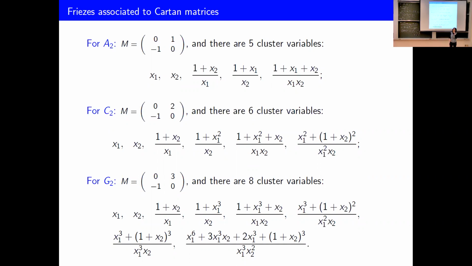Now, the issue is with coefficients. You allow all sorts of coefficients as long as the top part is the same. So for any cluster algebra of type A2, the top part always looks like this, but you can have a very long mutation matrix, and this corresponds to the coefficients. There are infinitely many, because as long as your mutation matrix looks like this, you're allowed to put in any